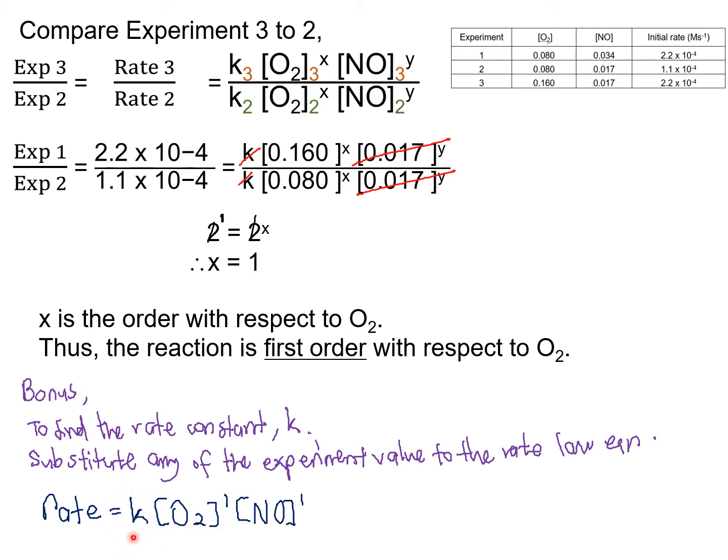And then to find the unit of K, you need to be able to substitute the unit of rate and unit of concentration. Okay, so for example, when you want to find this K, you know the unit of rate is